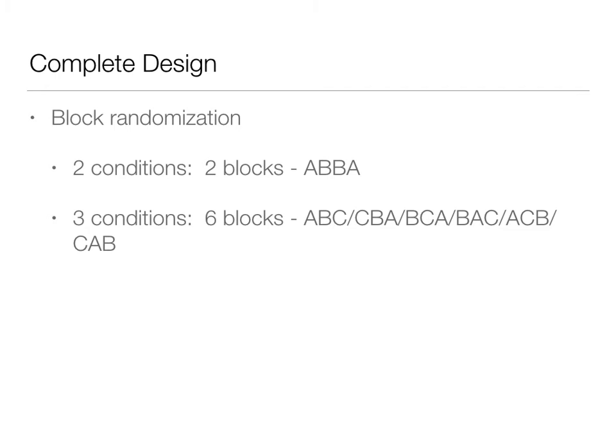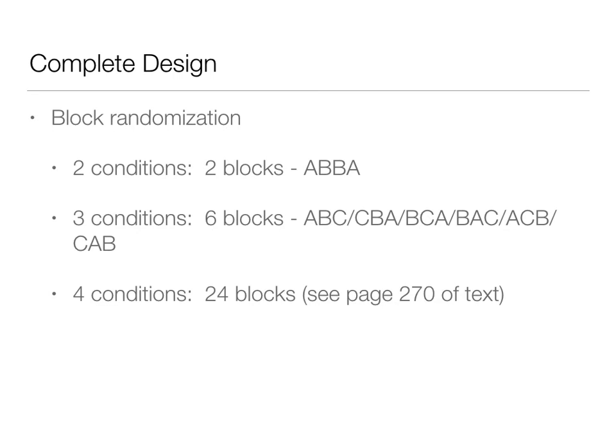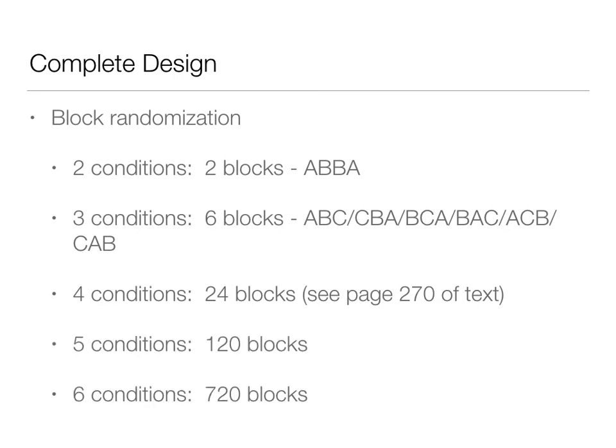Why we can't do full counterbalancing easily with more than 4 groups is that by the time you get to 4 conditions, we have 24 different possible orders. 5 conditions is at 120. 6 conditions is at 720. And so this is where full counterbalancing starts to not be as possible the more options that we get,